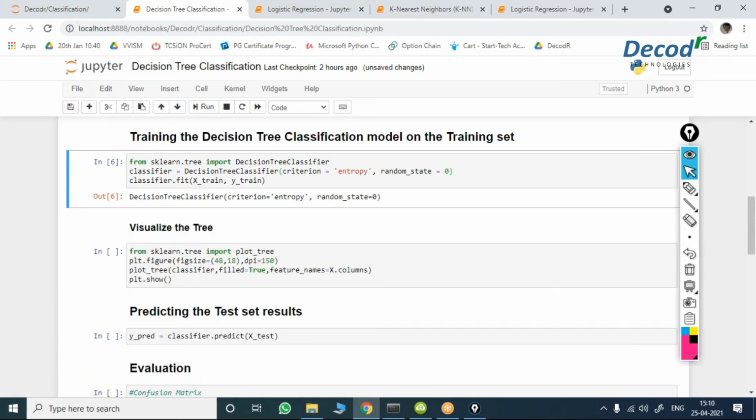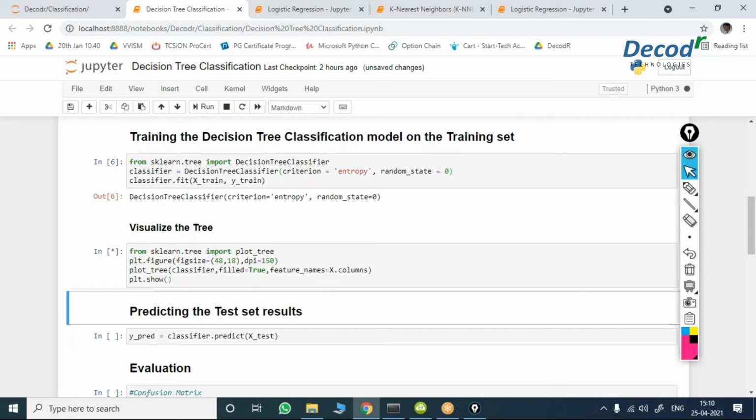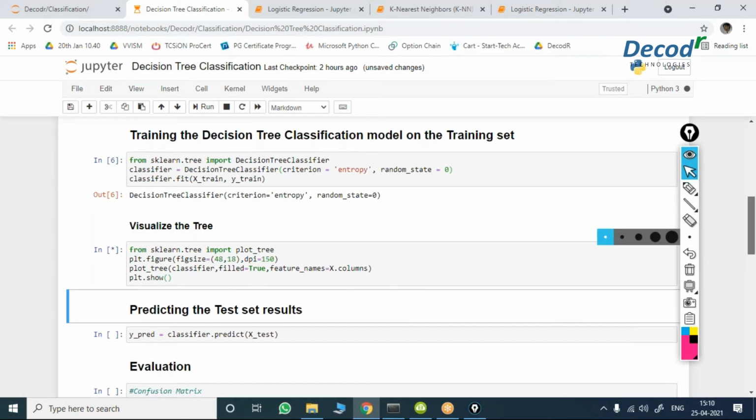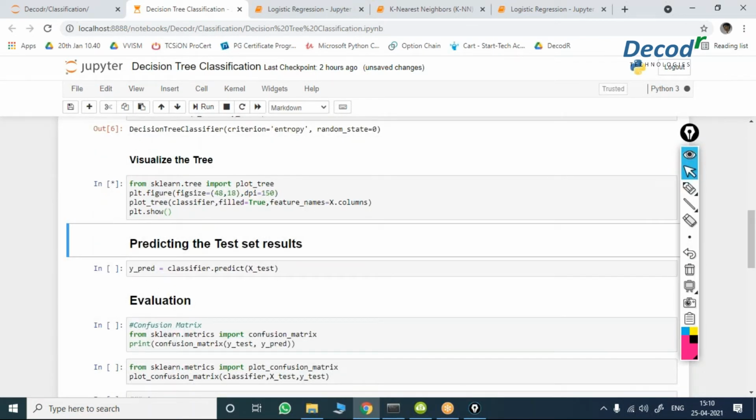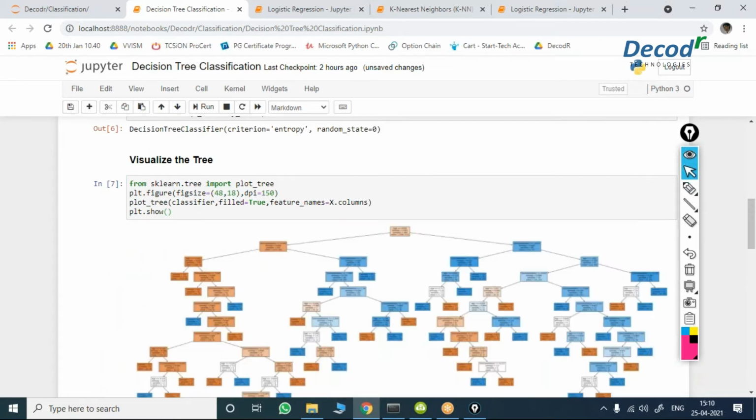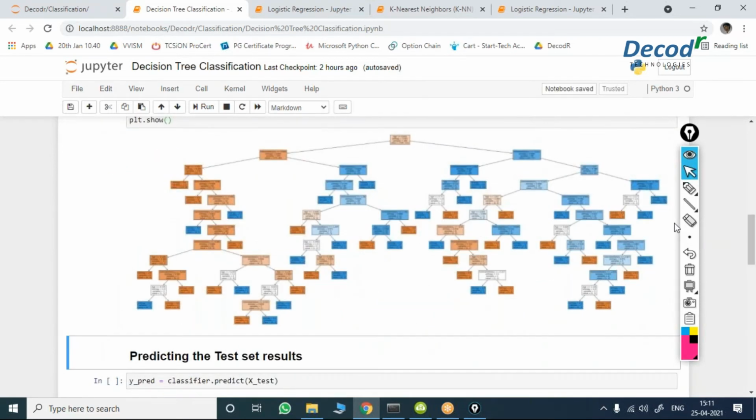So we have designed this tree. Now let us check how the tree will look based on the X and y training data. Let us go and see this one. So this is the tree. In this tree, it is not clearly visible, right? For me also it is not clearly visible. Don't ask, sir, please can you zoom? We can't see.